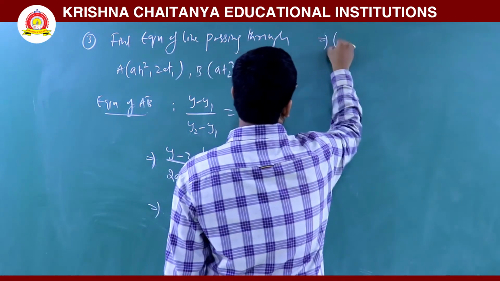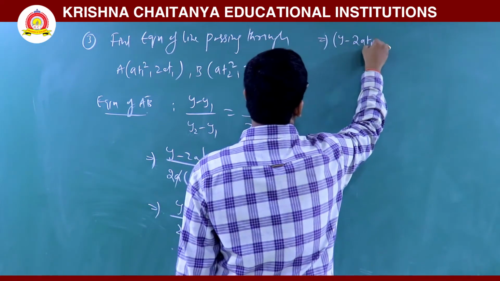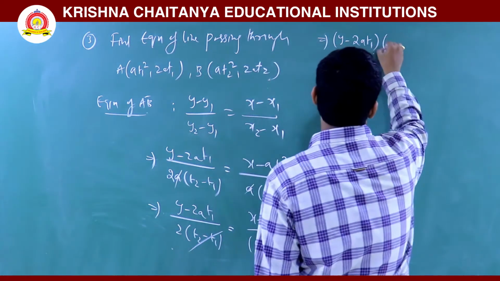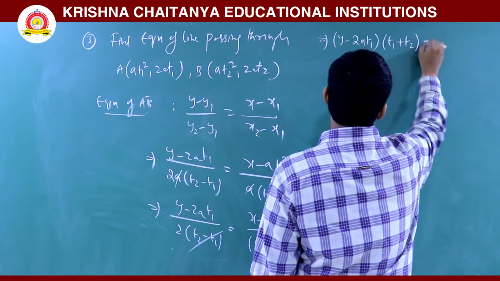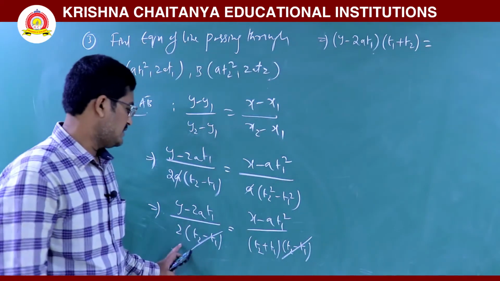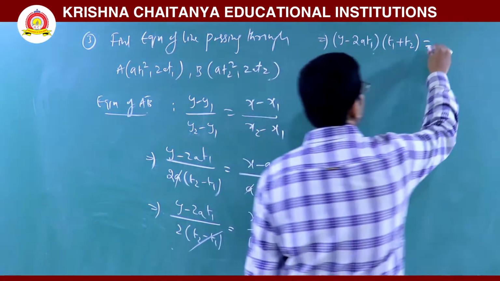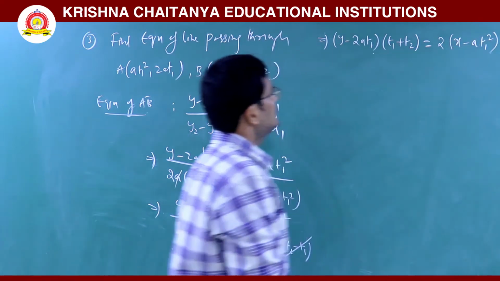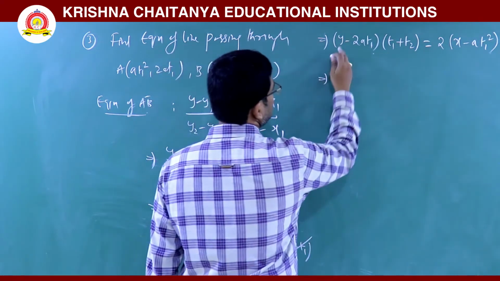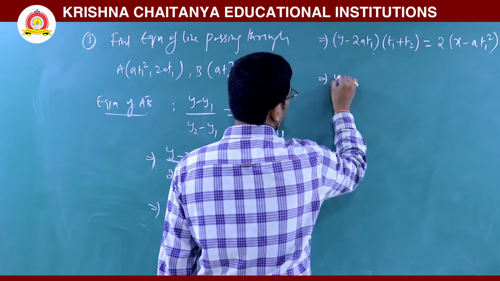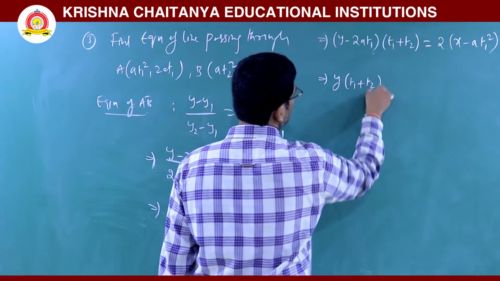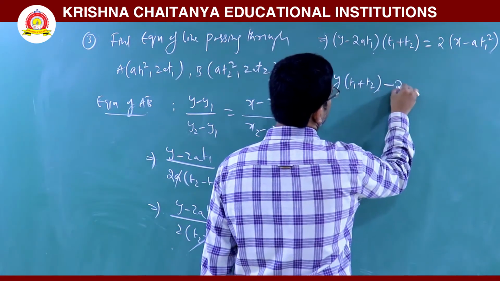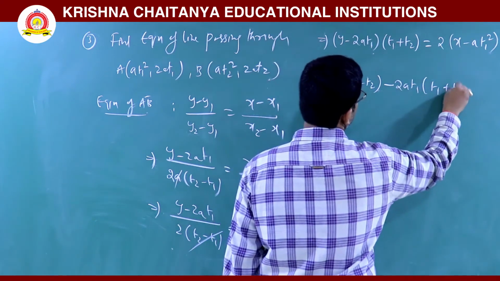This implies (y - 2at1)(t1 + t2) = 2(x - at1²). By simplification, y(t1 + t2) - 2at1(t1 + t2)